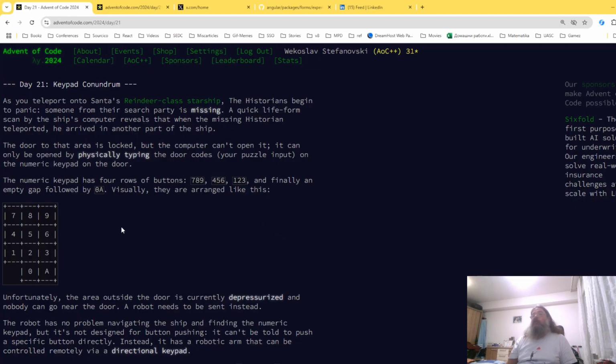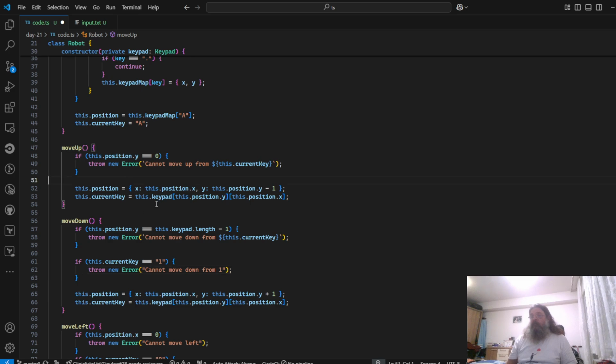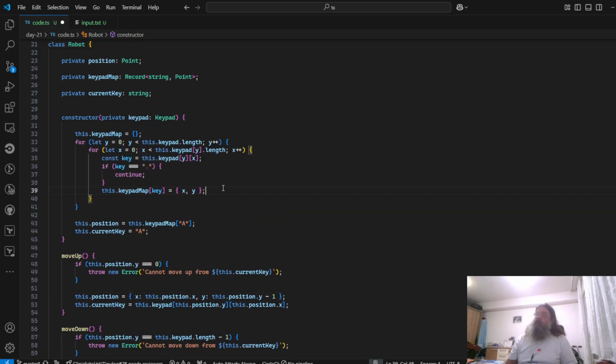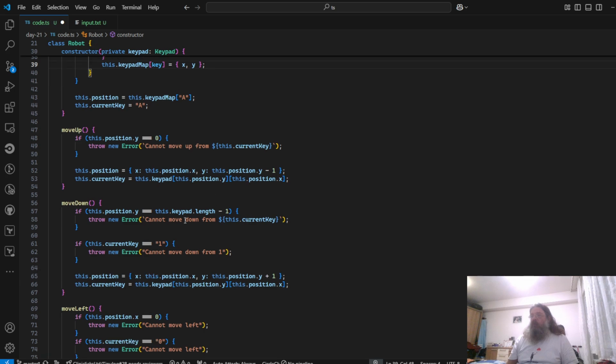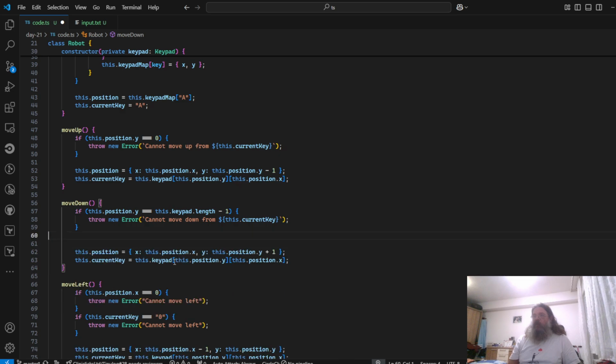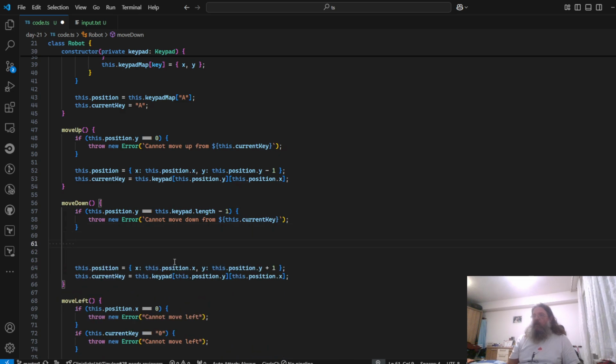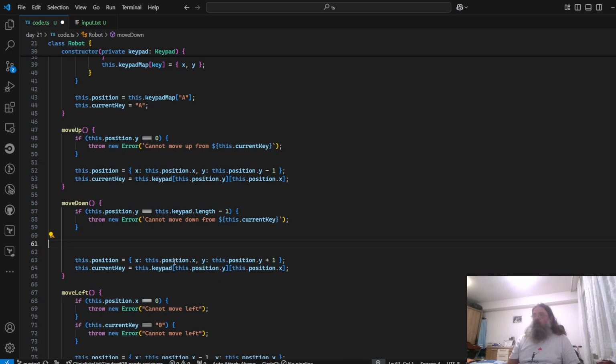Oh, we're only modeling this keypad. That is why I needed the key map. So yeah, this makes sense, but we cannot use this. We cannot move down. We also need to check